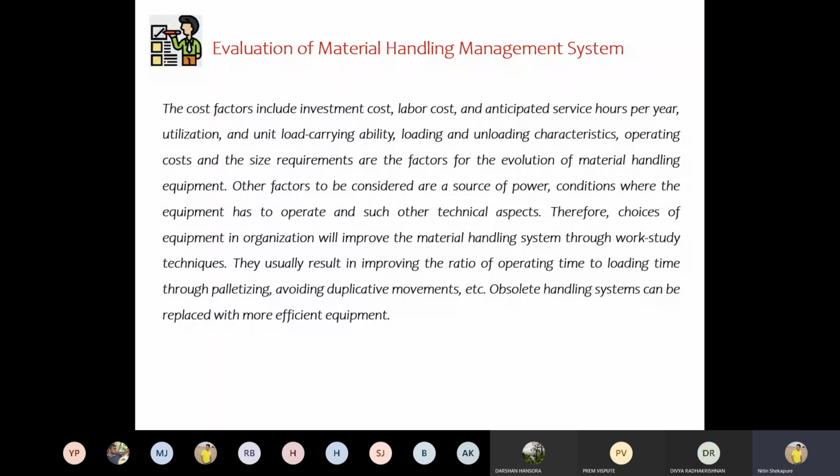And again, there are three parameters: utilization at maximum hours, utilization at its full capacity, and the third important thing is utilization of that particular equipment in a very effective and efficient way. Because you have that equipment, but it may be possible that someone is handling it and is not able to handle it properly, or there are some problems at the time of loading or unloading. So you are not that well aligned with the equipment and how you are handling that material.